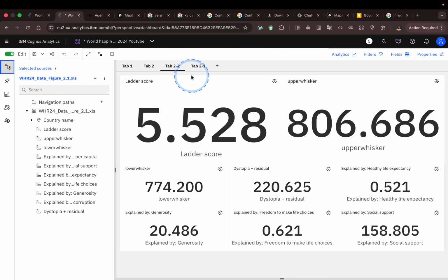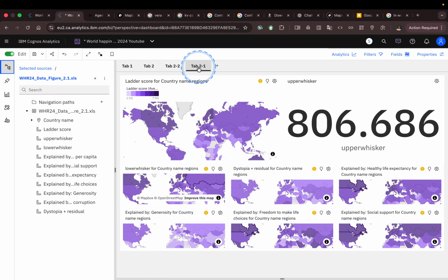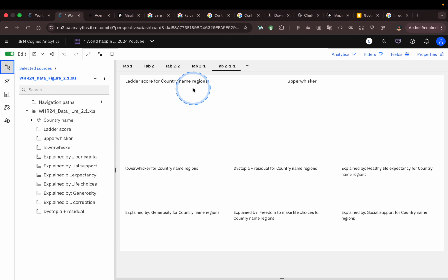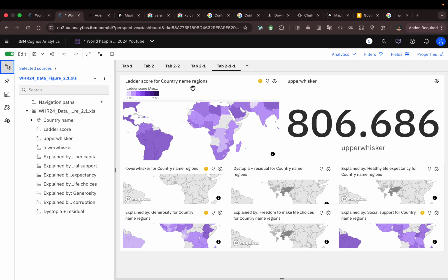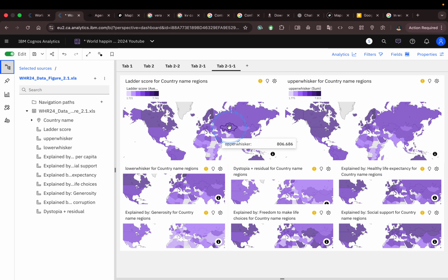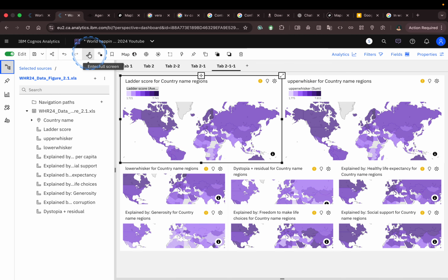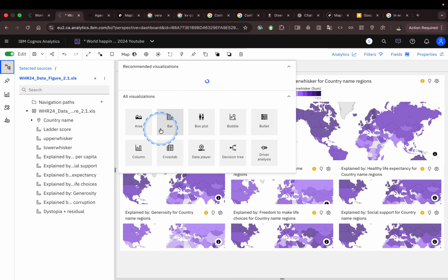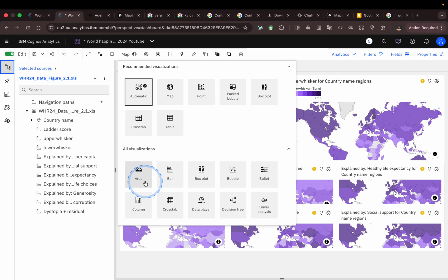so we could either duplicate this. So let's duplicate this first of all. And, okay, we didn't bring in country on this whisker. So we can start changing one by one to our charts. We change this from a map visualization to column.